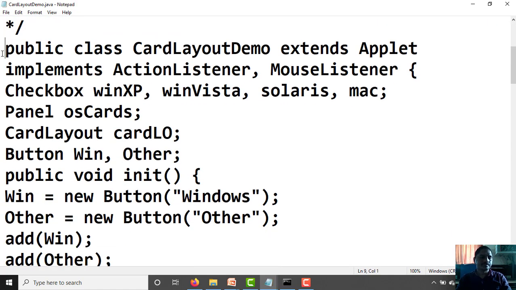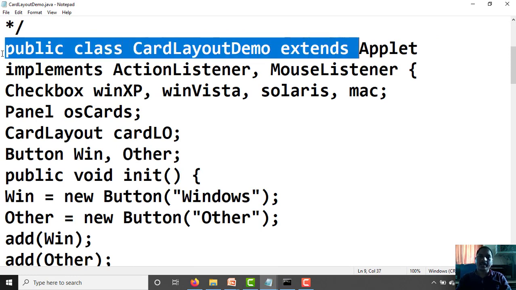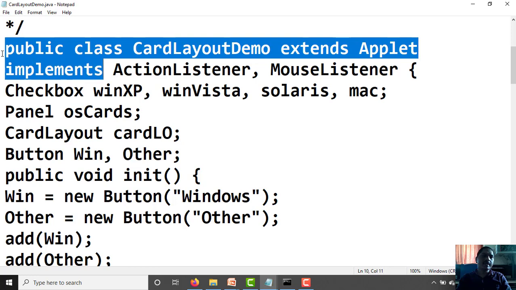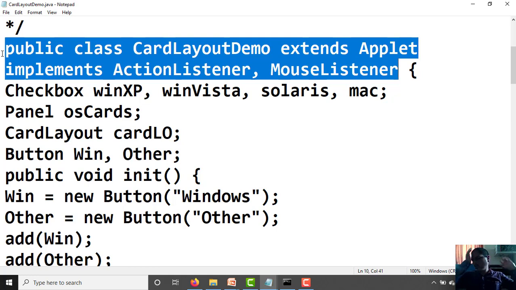Public class CardLayoutDemo extends Applet implements ActionListener, MouseListener. Here, to handle the button click events, button related events, ActionListener is responsible, and to handle the mouse clicks, MouseListener is responsible.